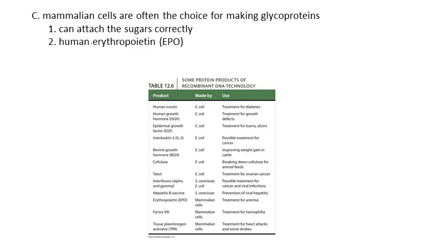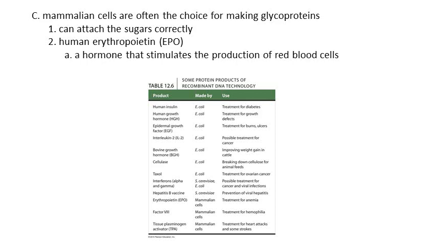Now there's something called EPO, and it's been in the news lately as well, specifically with Lance Armstrong and Tour de France and blood doping and things like that. But EPO is a hormone, and it stimulates the production of red blood cells, and it's really important though for individuals as they're being treated for anemia. It can be certainly a life-saving